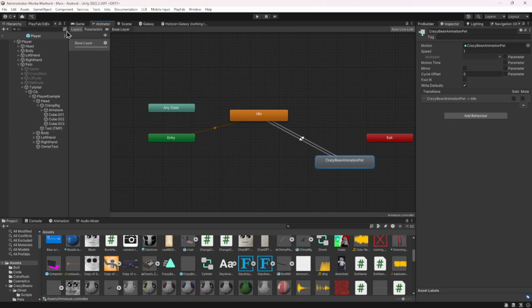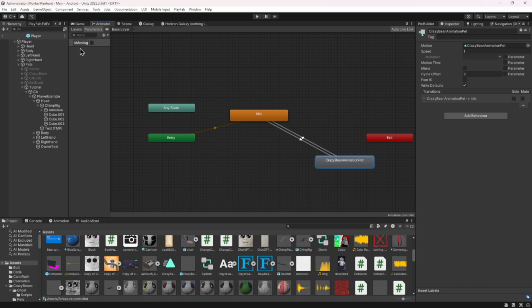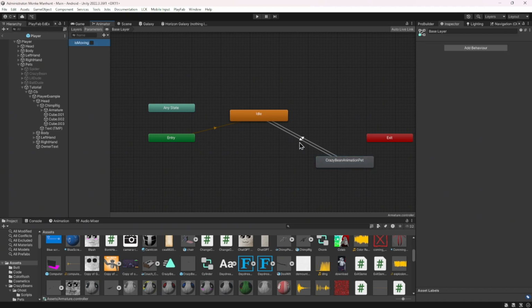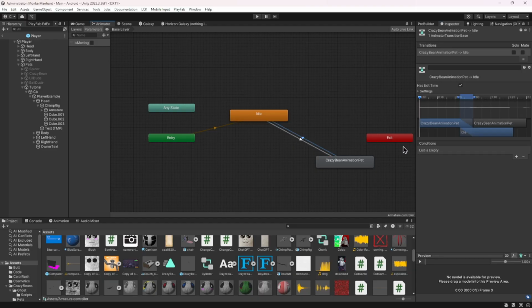Then it should be on layers. You want to click on parameters, plus bool, name it isMoving, spelled exactly like that. Okay, then you're gonna click on this arrow, the arrow that's pointing this way, and do conditions plus isMoving true, and then on the other one do conditions plus isMoving false, and then you want to go back